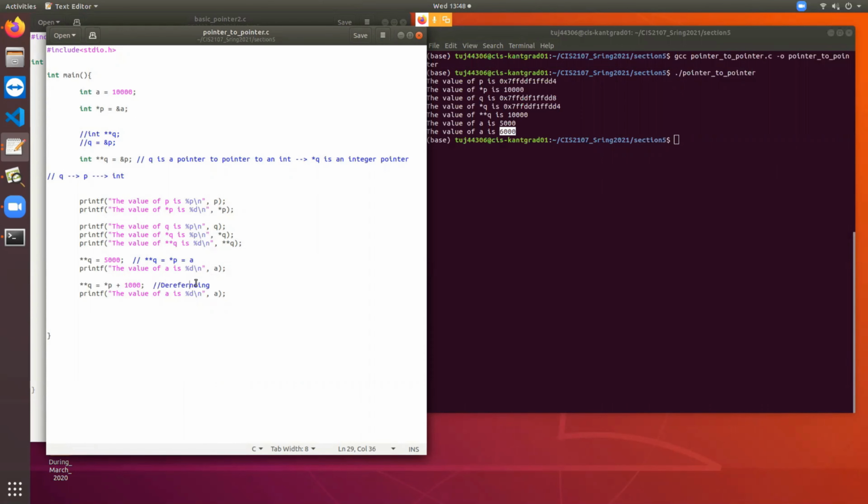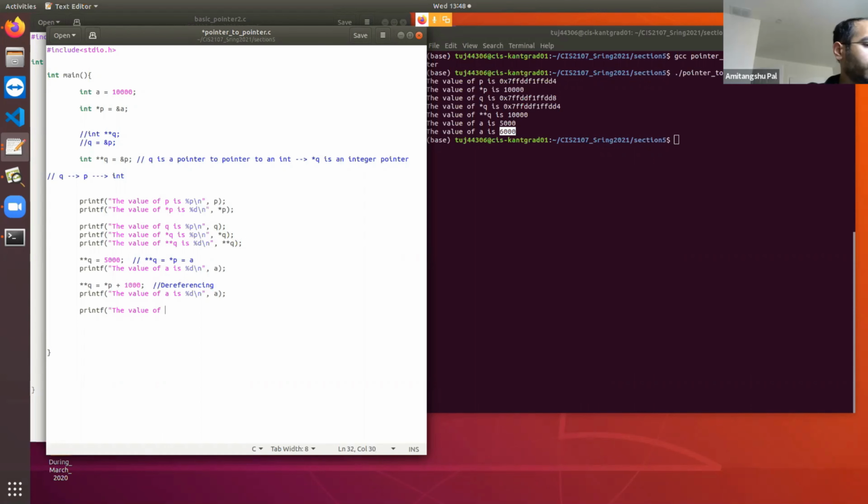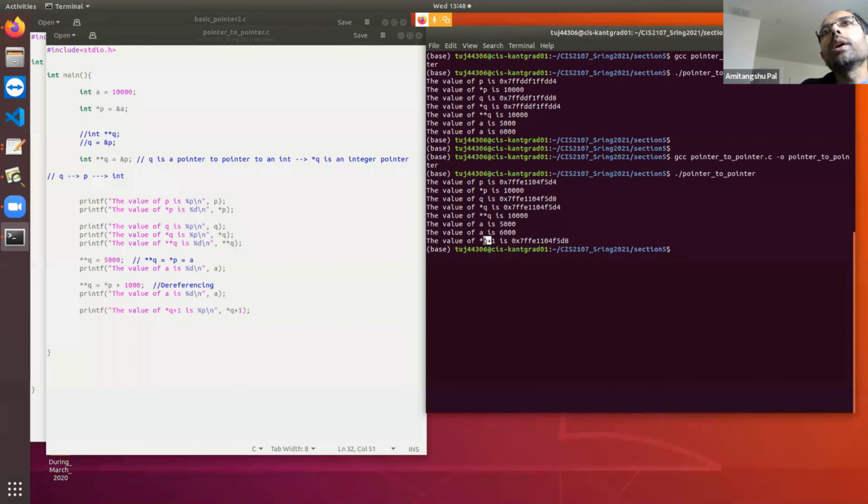Right? If you did something like *q equals or plus something, it would just give you garbage, because you're going to be pointing to somewhere that you don't know what's there. If you write *q plus 1, okay, let's print the value of *q plus 1 with %p.